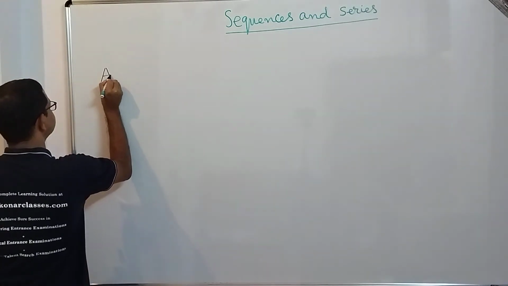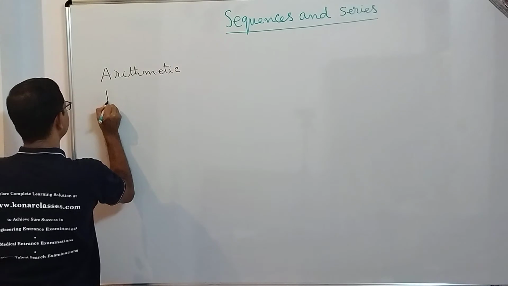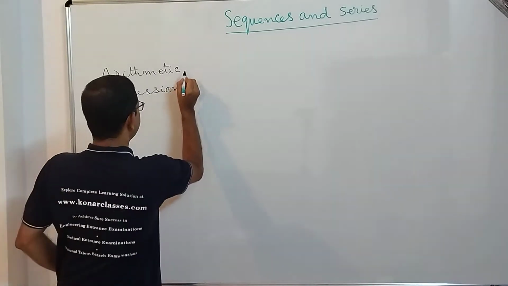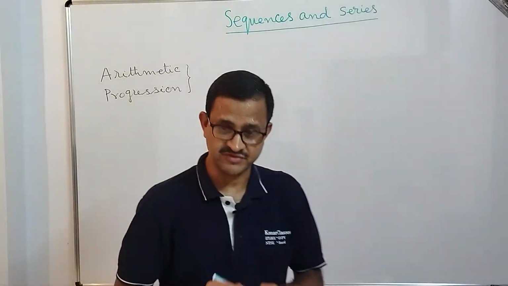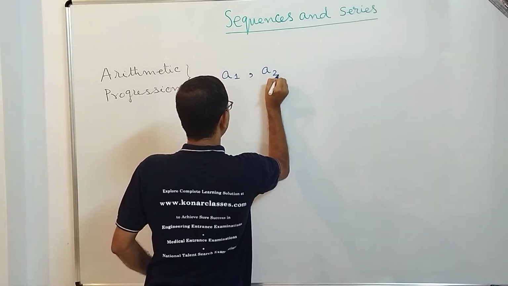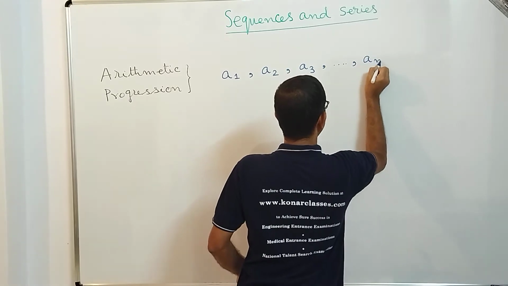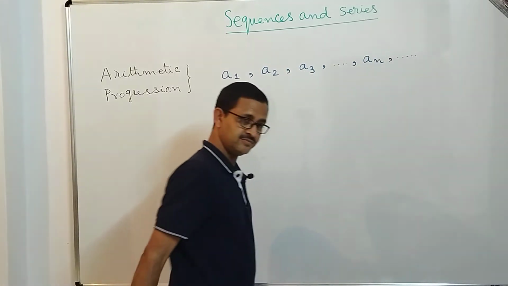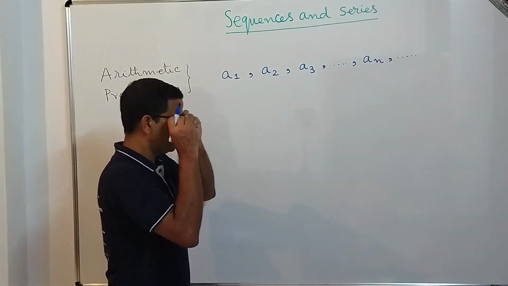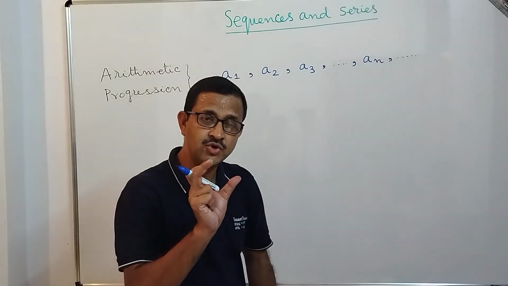Arithmetic progression is such that we have a sequence. What is that sequence? The sequence is A1 the first term, then A2, then A3. In that way it will continue and we get An, the nth term, and so on. I repeat once more, dear students. Suppose this is a sequence. The first term is A1, second term is A2, third term is A3. In that way the nth term is An, and so on, such that the difference between the consecutive terms is always